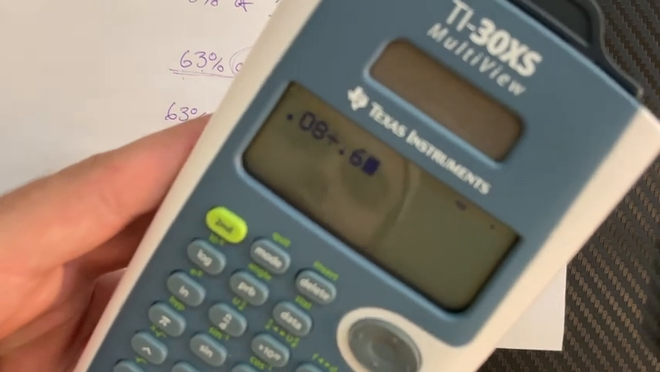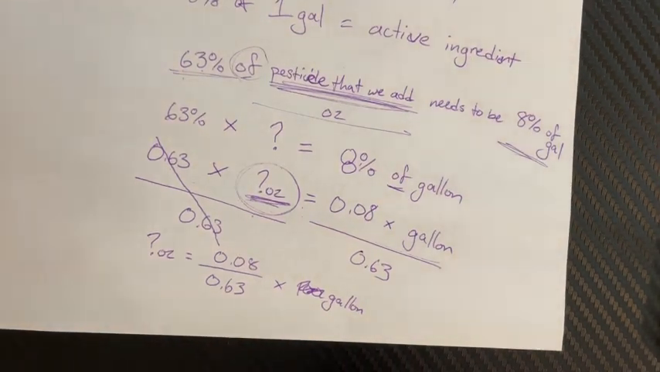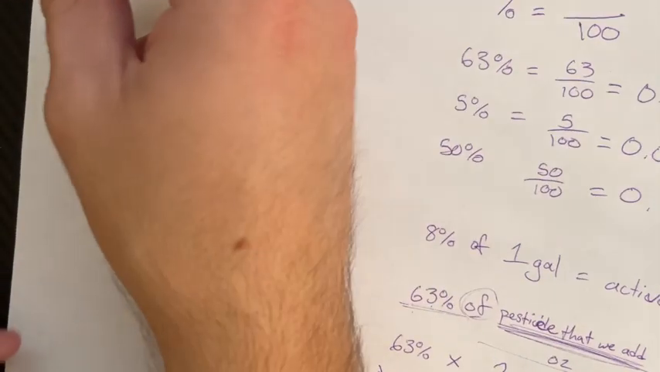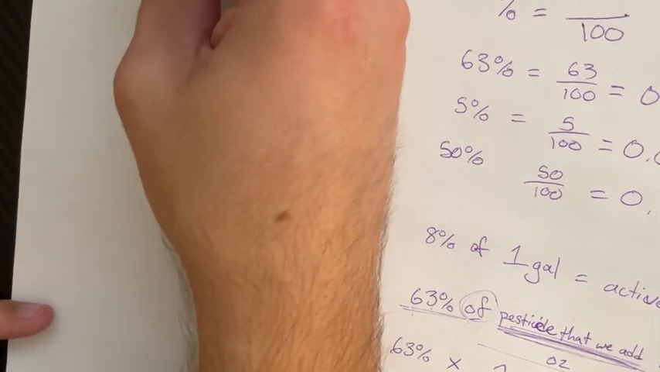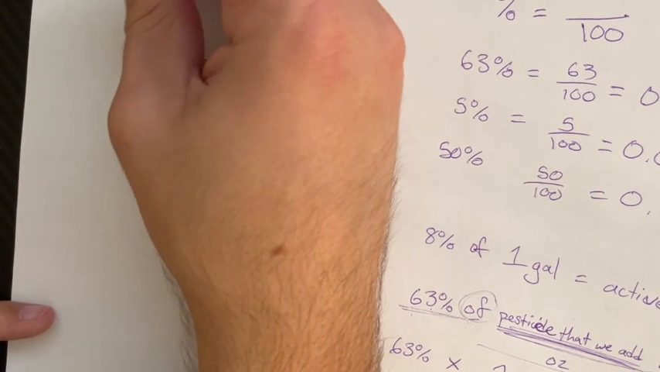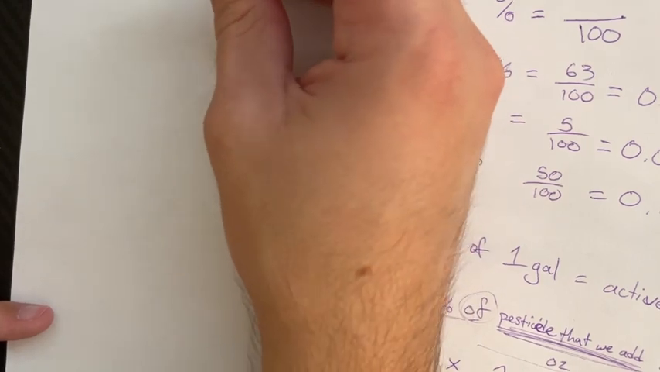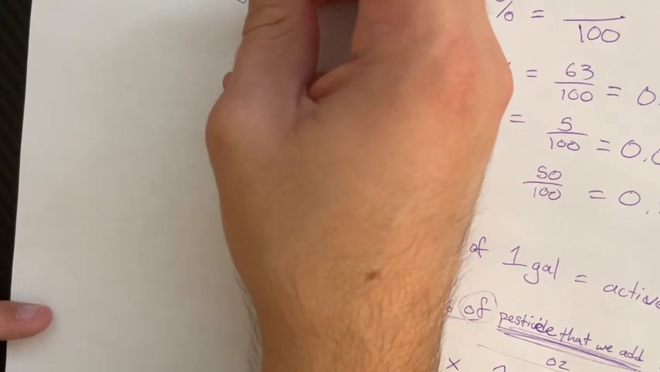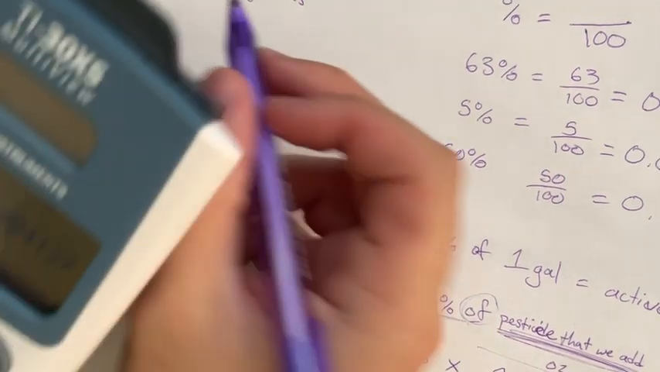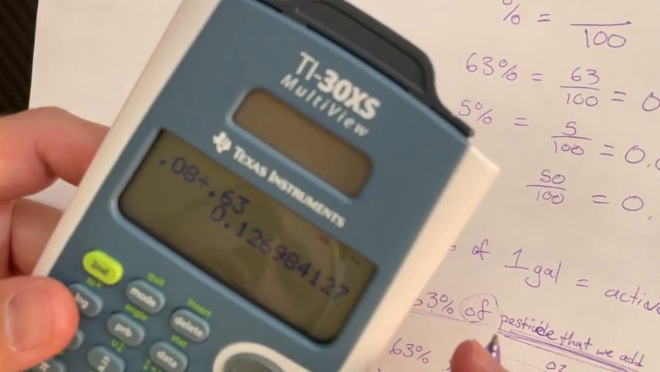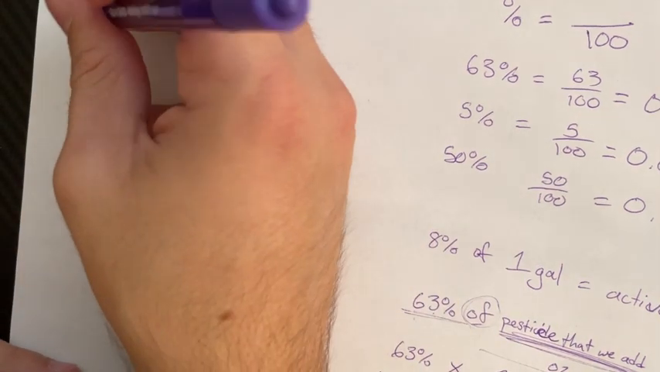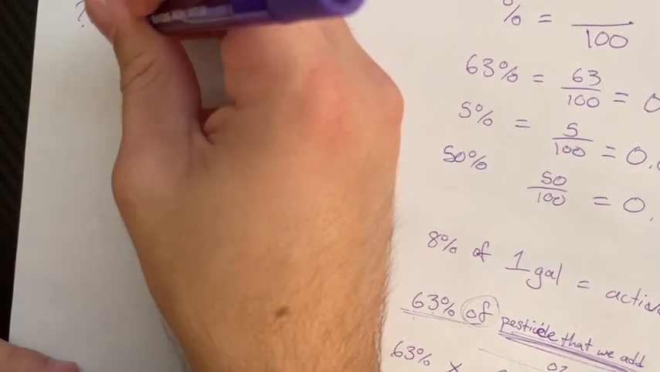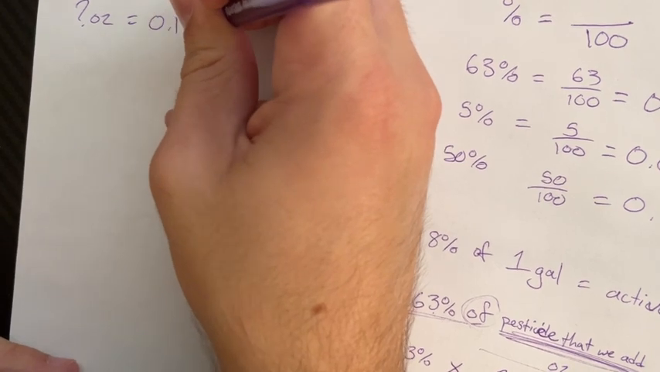0.08 divided by 0.63 equals, I'm going to move this up here. So I'm just copying this down, how many ounces we need equals 0.08 divided by 0.63 times gallons. And what that equals is 0.1269. We're just going to round to 0.127, okay? So how many ounces equals 0.127